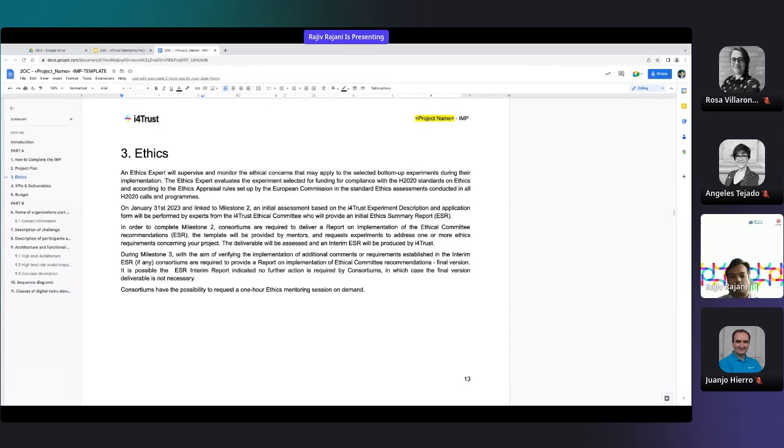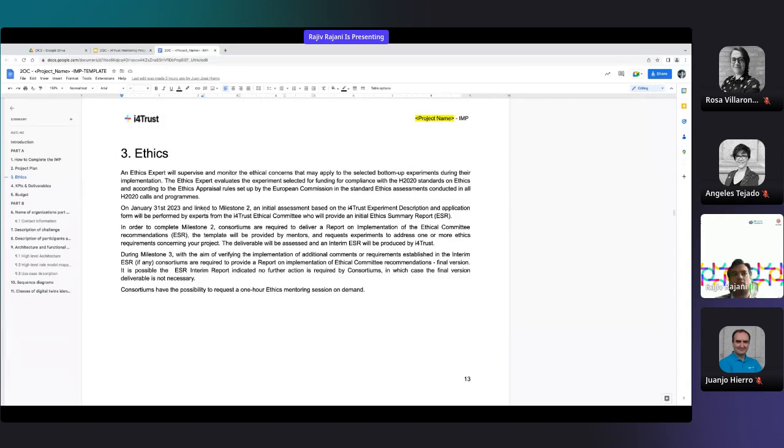This is your guideline in terms of which ethical issues you need to specifically take care of during your solution design, and how you will address them. That is what you need to deliver as a report in terms of what actions you will take.